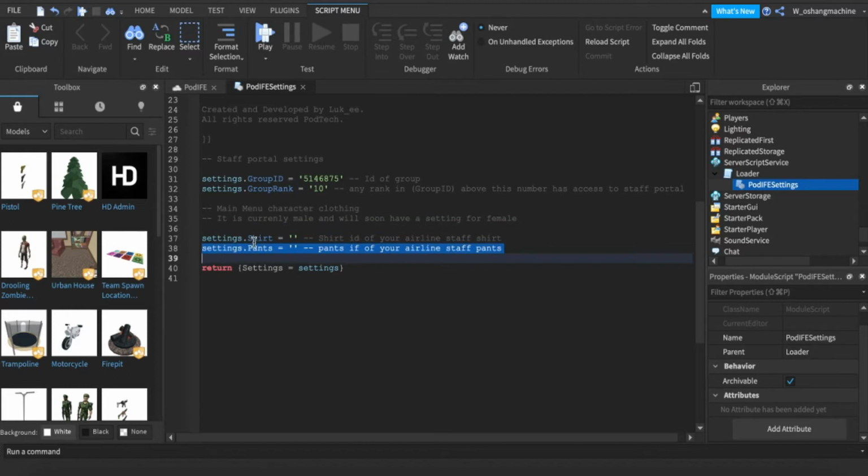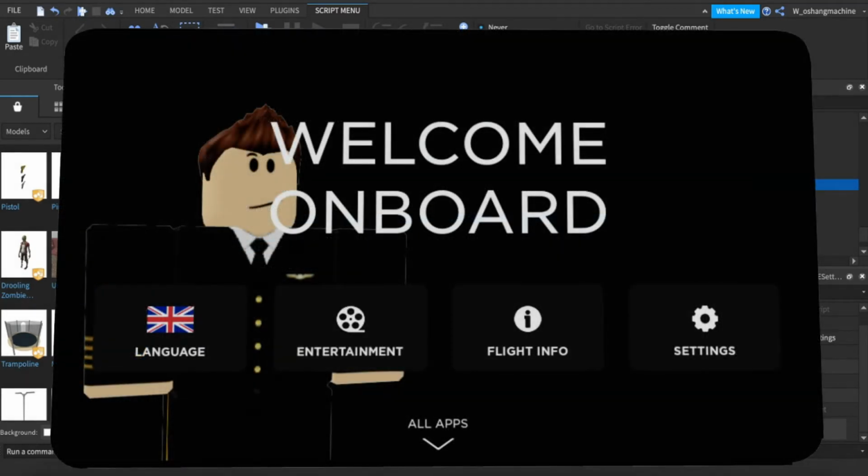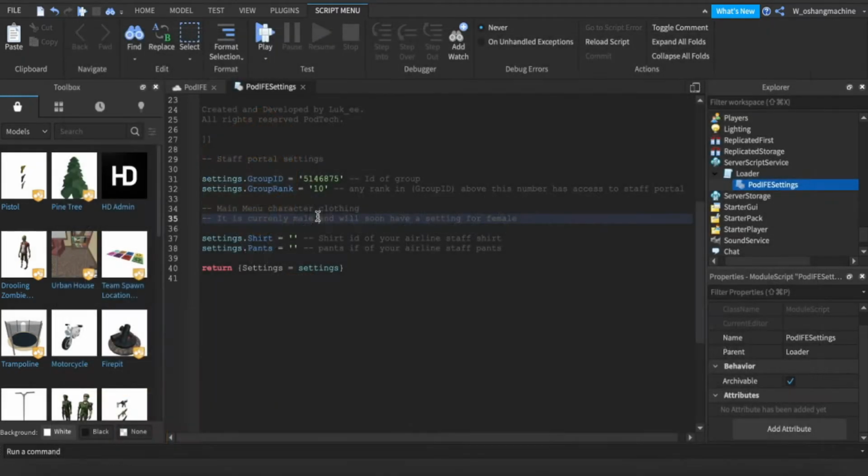Now, with our shirt and pants, I'm going to show you an image where this is going to take place. So here's the intro or welcome screen of the PodIFE. As you can see, there's a PodIFE person there, a man, wearing a shirt and pants. Now, how we're going to do this, I encourage you, please listen to this step. This is not the ID that you get from the catalog. This is your